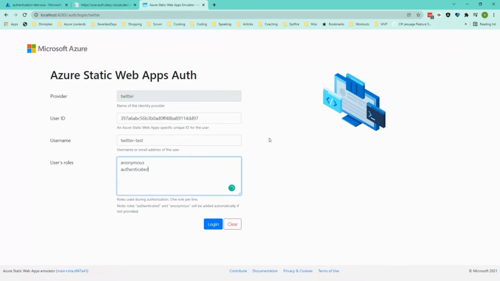And here we have a different page. We are not going to Twitter in order to authenticate our user. What we're going to do instead is pretend that we've been to Twitter, and we get to decide what username, what user ID, and what user roles we're going to give our test user. We can't change the provider because we've come to the Twitter address. So this is the Twitter authentication provider. But we can make a change to all of the other things. So if we log in now,